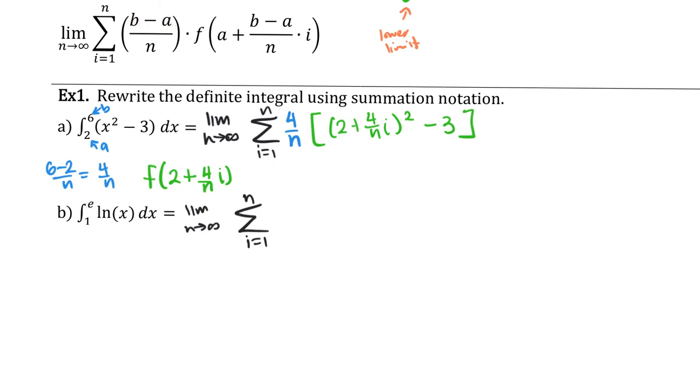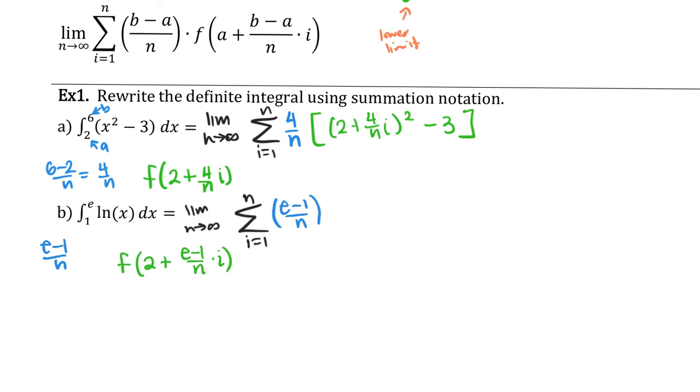So e minus 1 over n. That's the width of each of the rectangles. Now I want to find the height of each of the rectangles. So I'm going to do f of the first term, which is a, plus b minus a over n, which I already figured out was e minus 1 over n, and then times